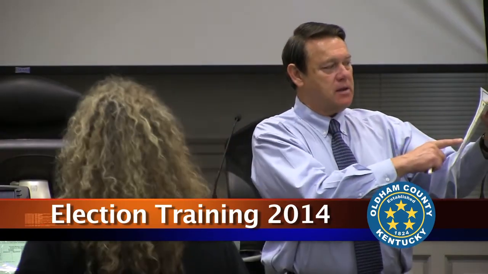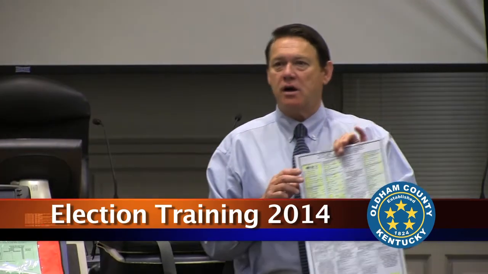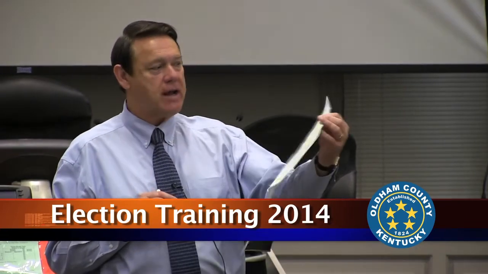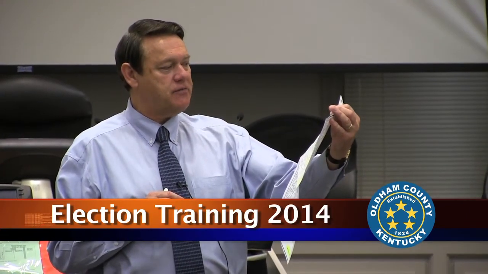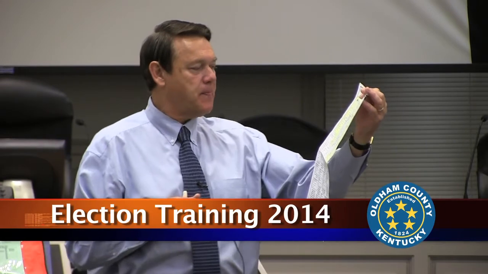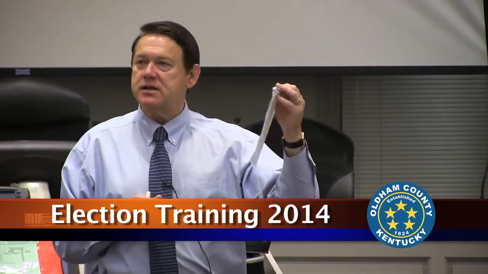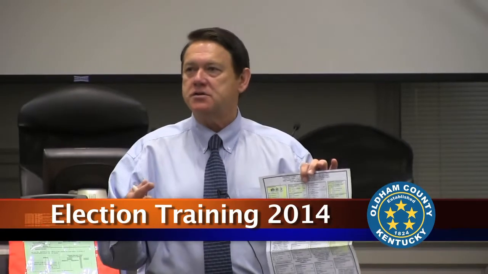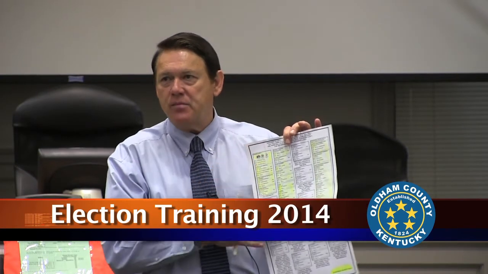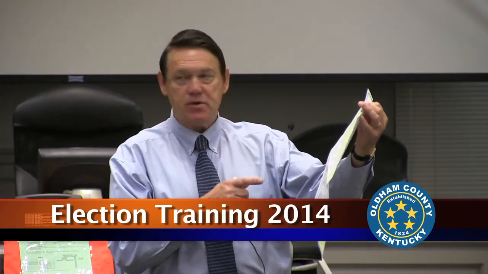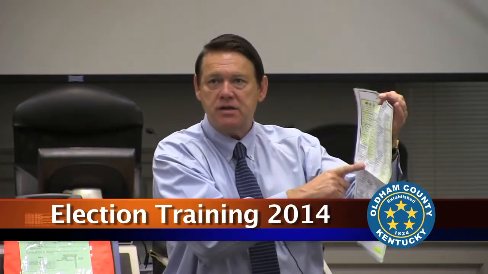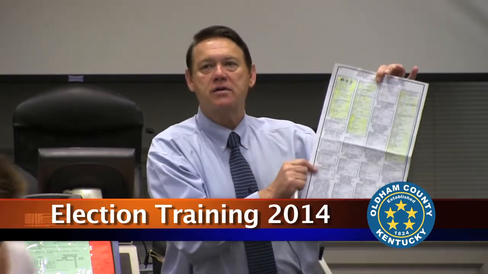The first part of your ballot is what we call the federal ballot, the U.S. Senate race and the U.S. Congress race, and that's running countywide. Then below the U.S. representative in Congress, we have a state senator's race that's also running countywide. Then we have state representatives, and fortunately or unfortunately, Oldham County is split up into several different districts, so not everybody will have the same state representative's race. And you can see underneath, not on top of, but underneath, it shows you the precincts